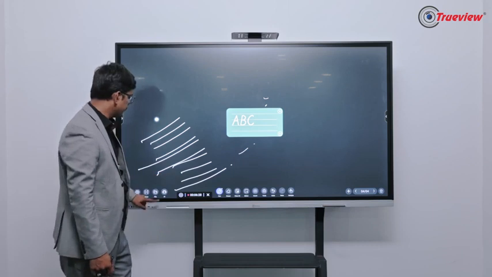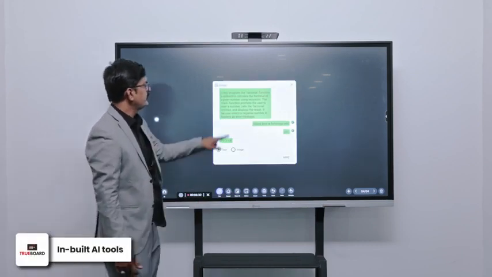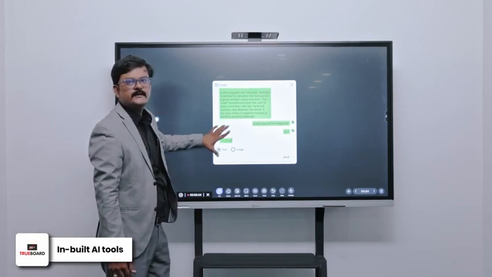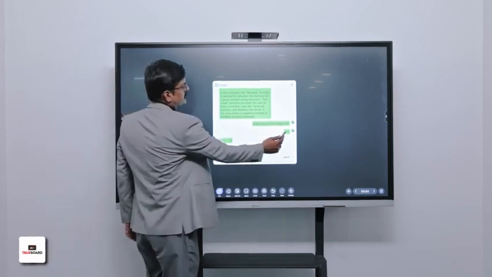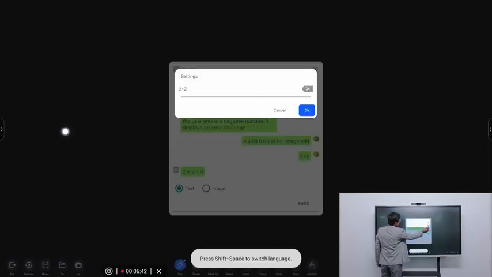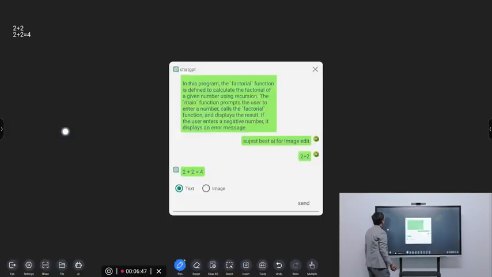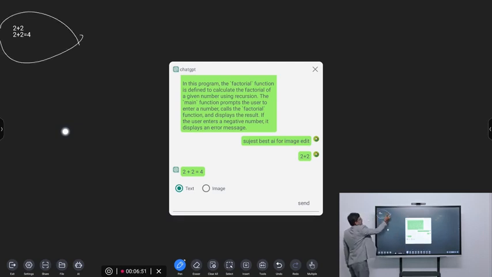Now apart from this, there is also an AI feature which you can use directly. I have just written the question 2 plus 2 and I got the answer here. As a teacher, if I want to have this question on my board, I can just select it and click on OK. So here you can see that I have my question and the answer on my whiteboard